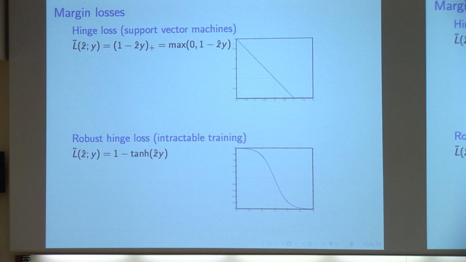Now, people have definitely started to say, chasing outliers is bad, and have formulated things like robust losses, like say a negative tanh. But we can see here we lose convexity, and if we lose convexity here, we lose convexity in our training problem, and that's bad, at least from a perspective of training. In fact, if we're going to start playing this game, then why not just make a very tight approximation of misclassification error and just solve that? So there's this host of developments around surrogate training losses for misclassification error.